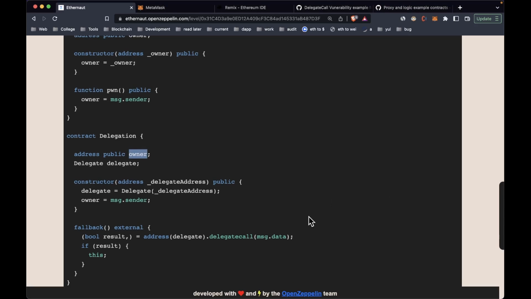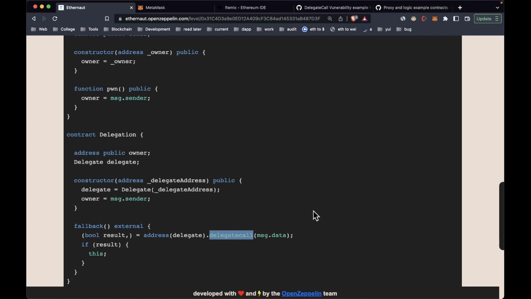And before we do that, let's quickly understand why we need the delegate call function in the first place. What do we use this for? So mainly there are two things we use the delegate call opcode for. The first being calling external libraries and just using their functionality in our contract. And since